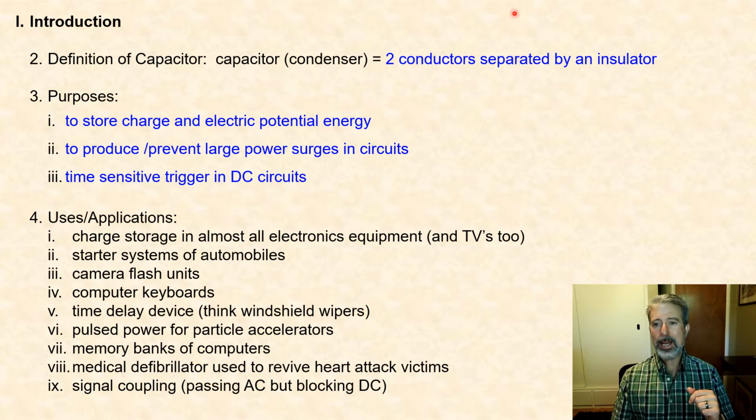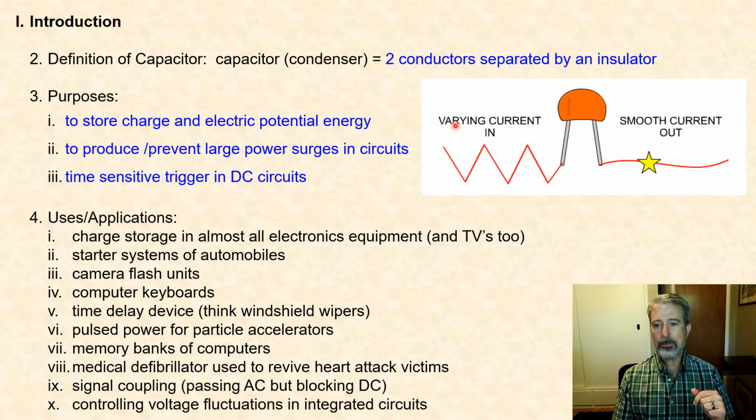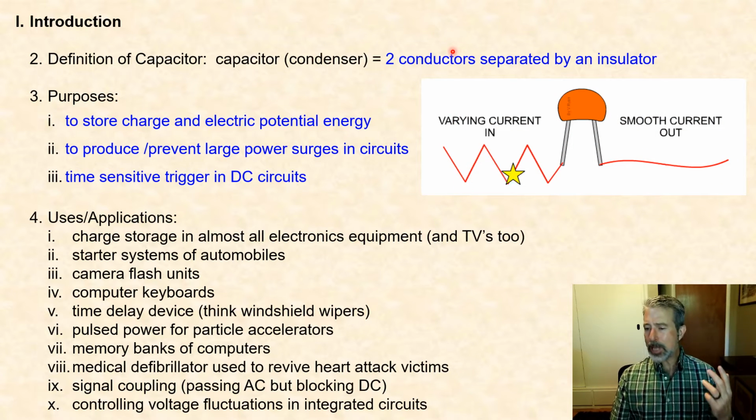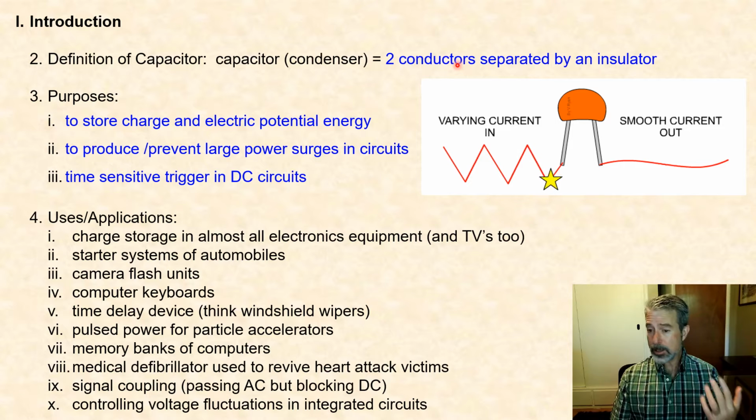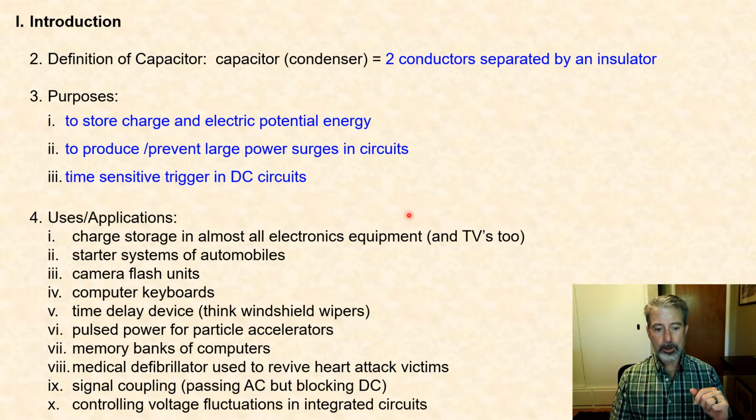Signal coupling. Let's see if we can get a diagram here. Capacitors have this ability to couple and decouple electrical signals, as capacitors will allow AC, alternating current signals, to pass, but they will block DC signals from passing through the circuit. And so in this way, you have a nice way to filter certain signals in an integrated circuit. In addition, capacitors can be used to control voltage fluctuations in integrated circuits, which can be very damaging to